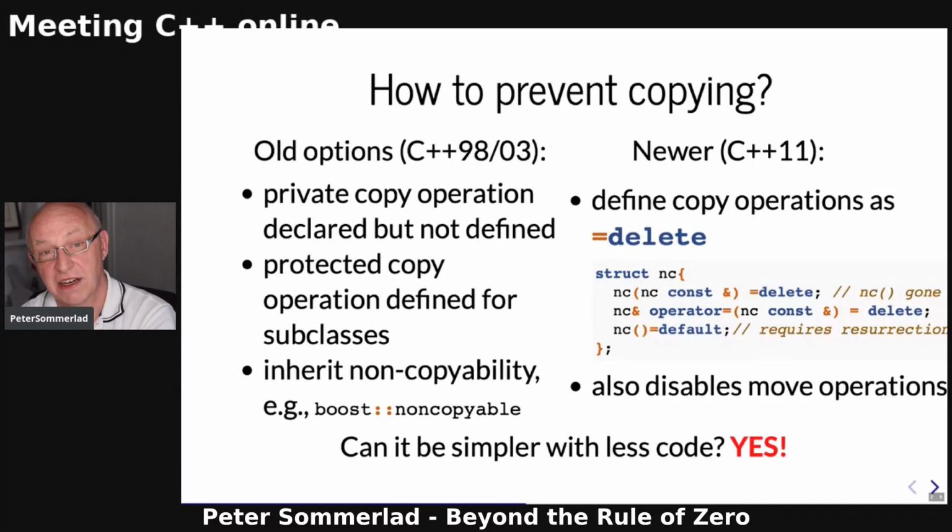So declare them and not use them, and the compiler would not be able to copy your objects because there's no definition, and actually it has no access to the privately declared copy operations. The other option would be to provide protected copy operations. Still, the compiler wouldn't be able to use them directly, but your derived classes could actually provide copy operations based